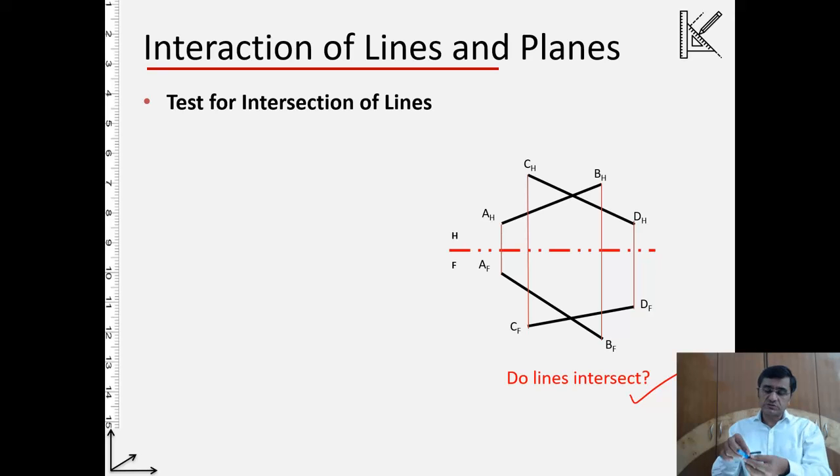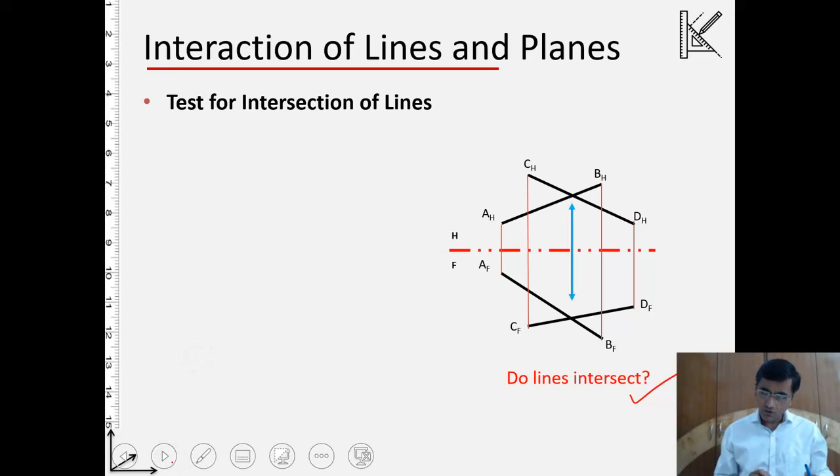Just visualize this point of intersection. If I project this point of intersection onto the horizontal plane and again on the frontal plane, those points should be aligned. Aligned means if I draw the projector from the point on the horizontal plane to the frontal, I will be able to reach the corresponding projection of this point of intersection onto the frontal. That's the important point. I will show you this. Okay, so over here, this is what I mean.